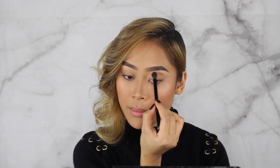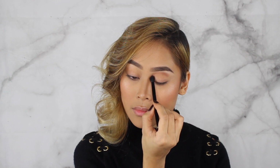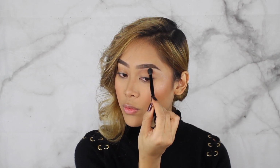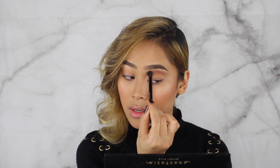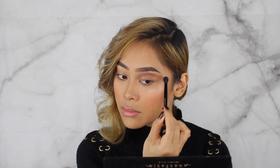So starting with the first shade, Parallel, I'm going to start on the center, middle part of my crease and blending inwards lightly, gently, and towards the inner corner of my eye. Then towards the ends of my crease, I'm going to want to feather it out. That's what's going to give us the kind of smoky effect and transition color to that dark to light ombre finish. We also want to try to keep this really light and simple since this is going to be a day